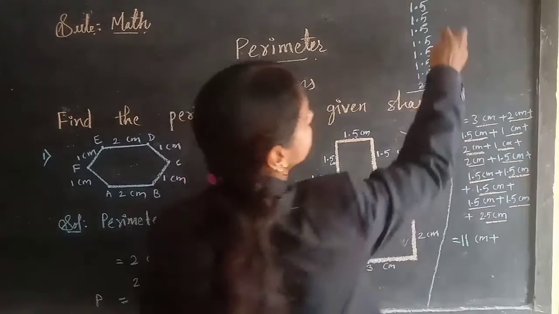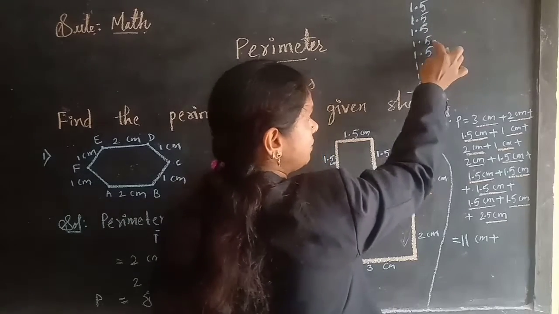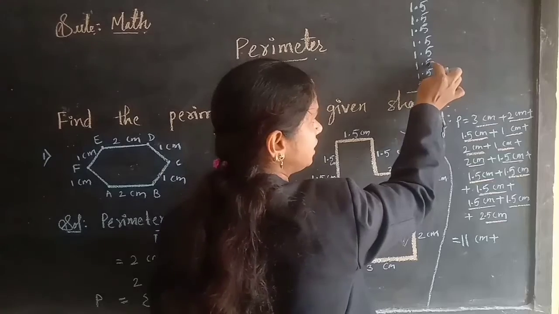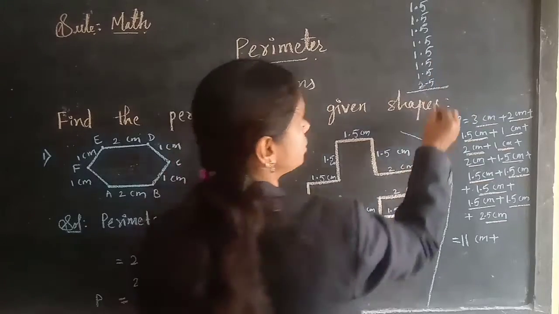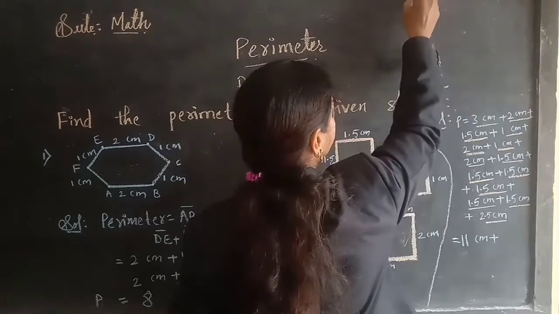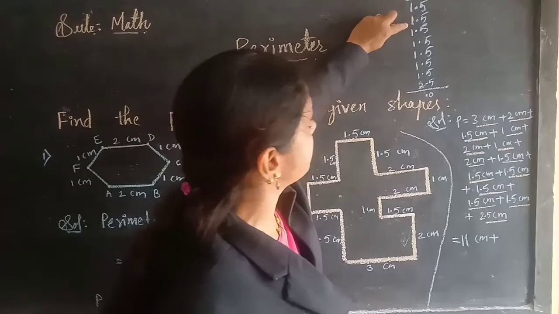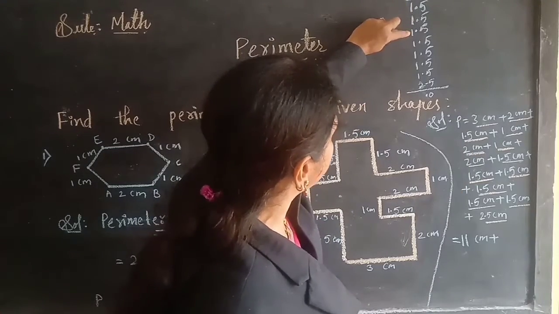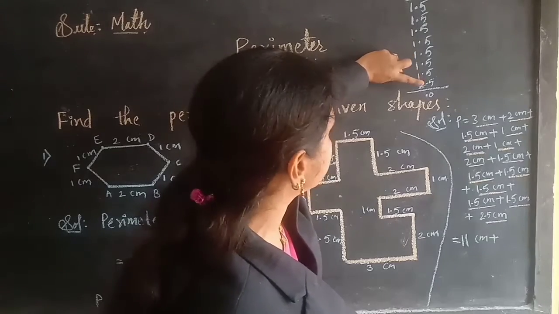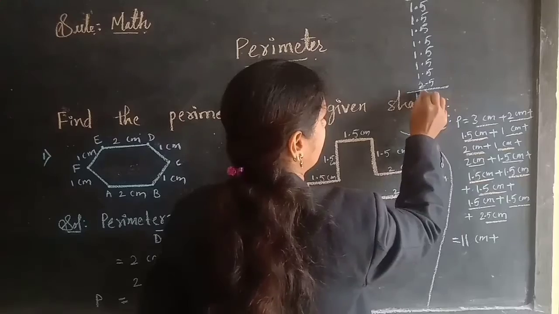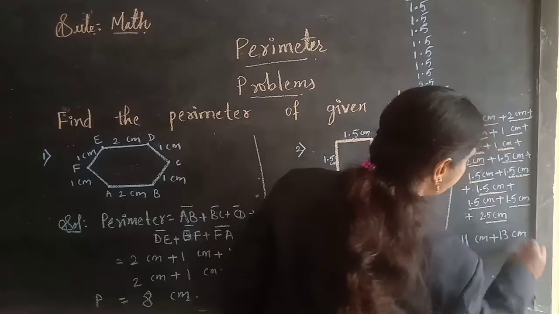Now I am adding here. Now 5 plus 5, 10, 10 plus 5, 15, 15 plus 5, 20, 20 plus 5, 25, 25 plus 5, 30, 30 plus 5, 35, 35 plus 5, 40 children, and 0, 4 carry, and point here. Now 4 plus 1, 5, 5 plus 1, 6, 6 plus 1, 7, 7 plus 1, 8, 8 plus 1, 9, 9 plus 1, 10, 10 plus 1, 11, 11 plus 2, 13. So here I am getting 13 children. All decimal numbers when I add, I get 13.